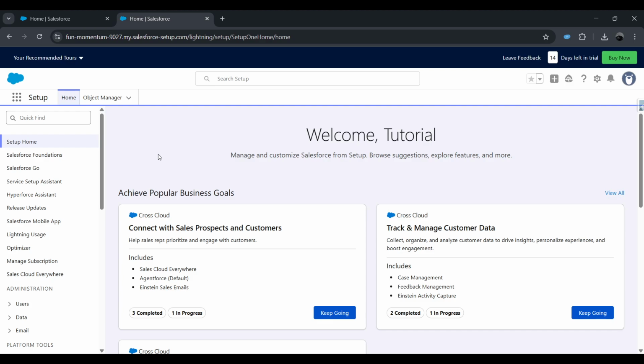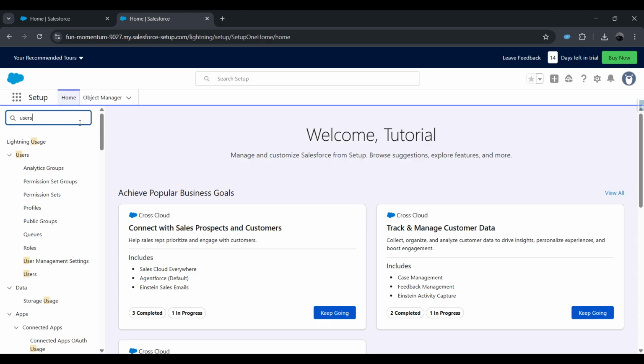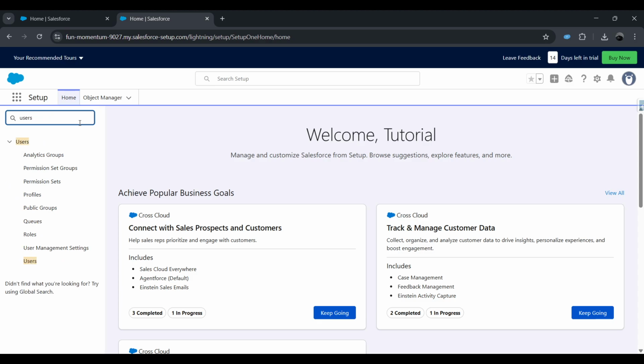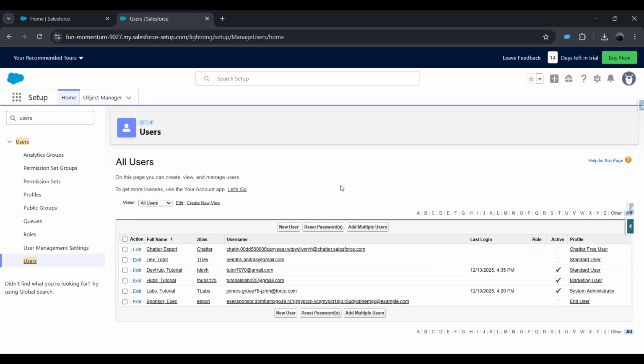and permissions. Once you're in the setup area, you'll see a quick find box on the left side of the screen. This search function makes it easy to locate specific settings without navigating through multiple menus. Go ahead and type users into this box. As you type, Salesforce will start filtering the options. From the results that appear, select users. This will take you to the user management page, where you can view and modify all user accounts in your